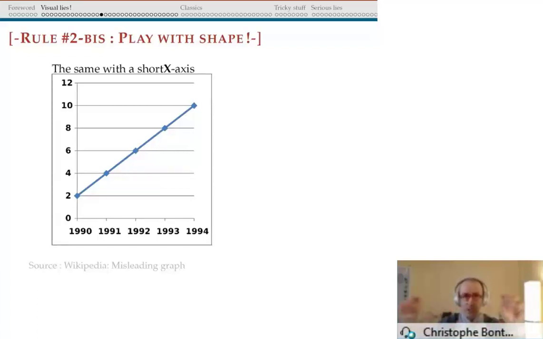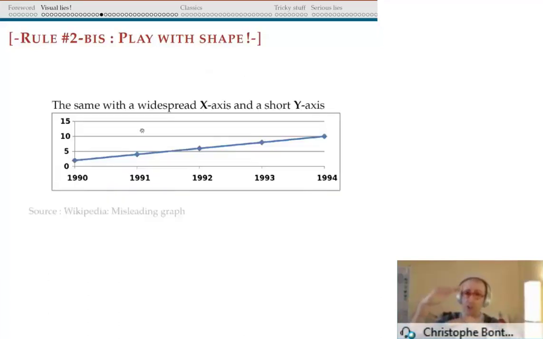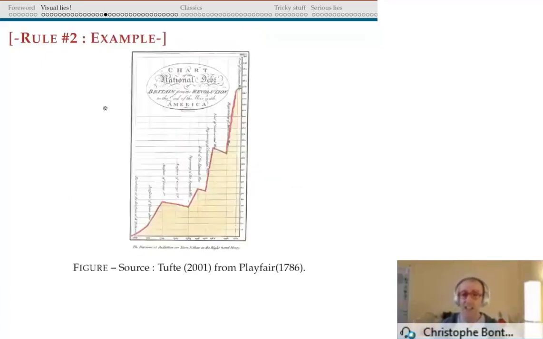Or you want to put that on top of your paper. But you do not want to have too much size, so too much space. So you squeeze the vertical axis, and then the impression is different. So you will tell me, well, these are silly examples. No, first of all, these are old examples. Playfair in 1786 had these graphics with a title saying